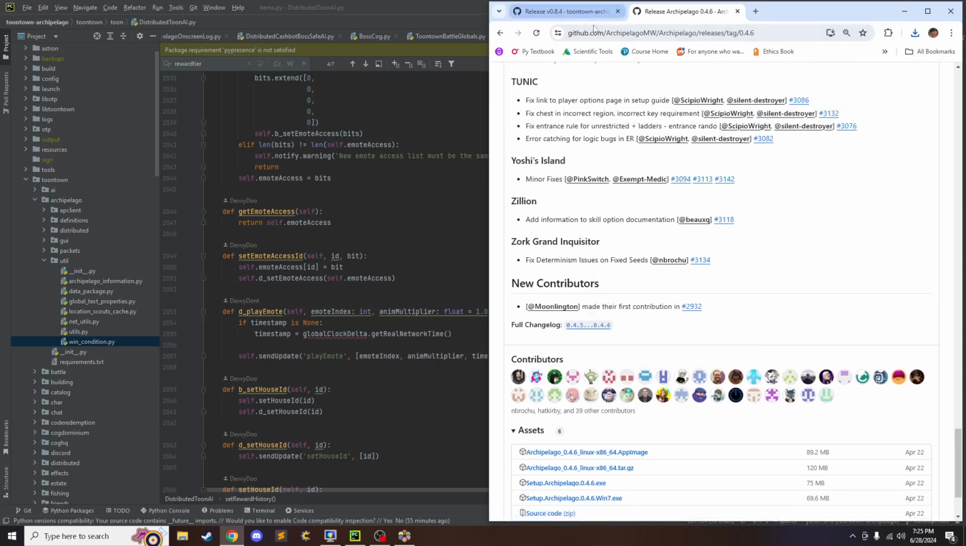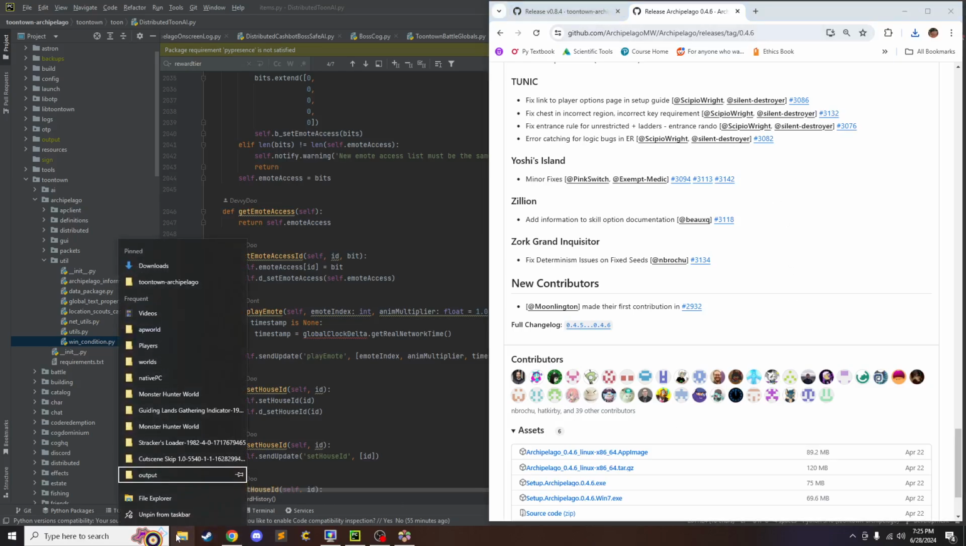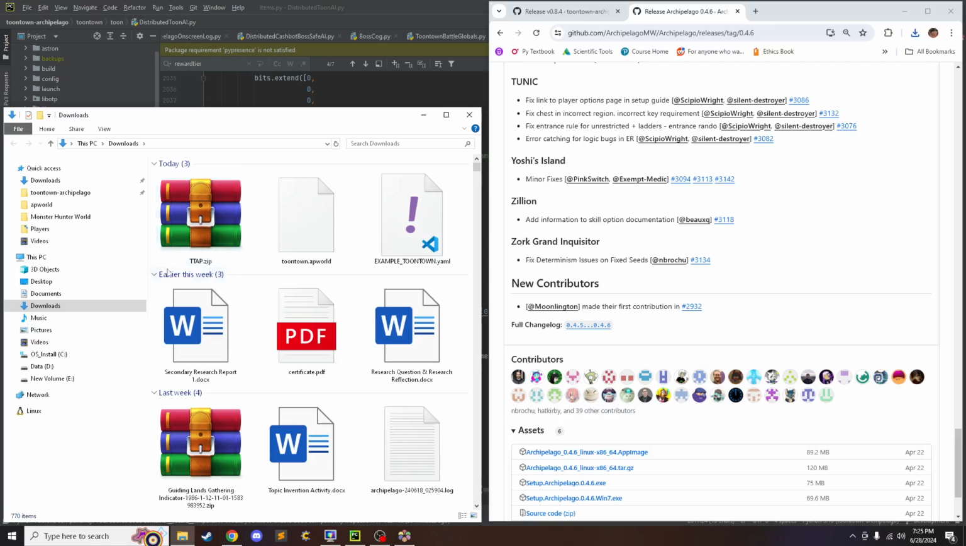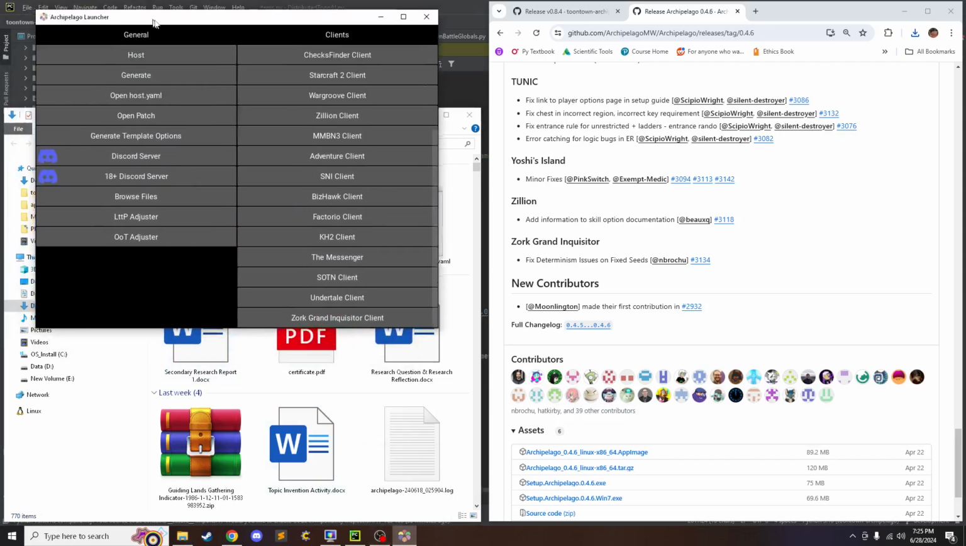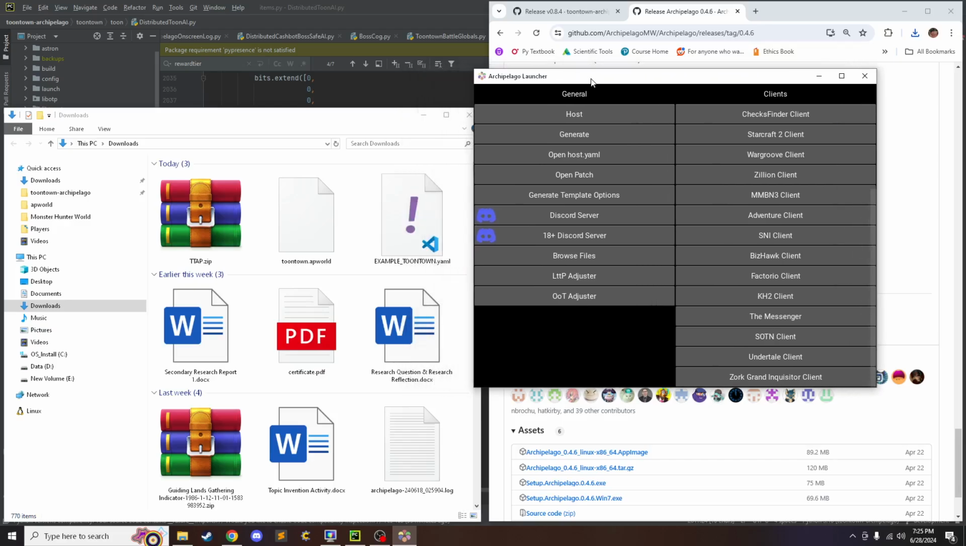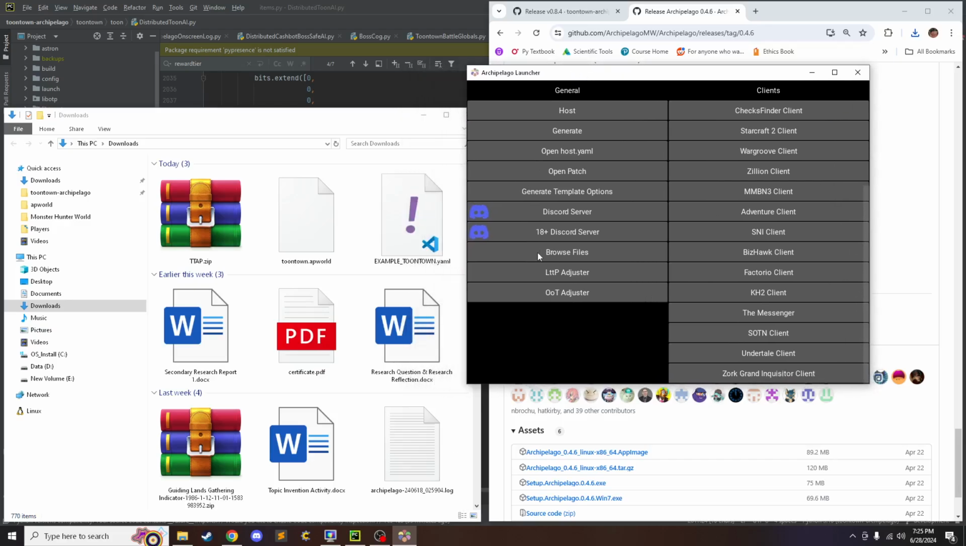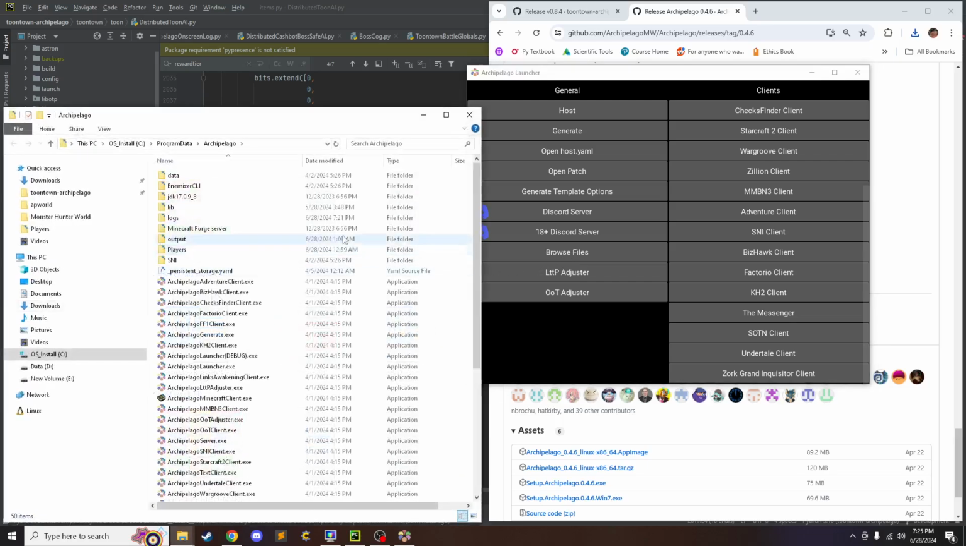From there, we will go to our downloads folder. And we'll also open the Archipelago client. So it'll open this when you have that for here. What we're going to do is we'll need to click Browse Files right here, and this will open